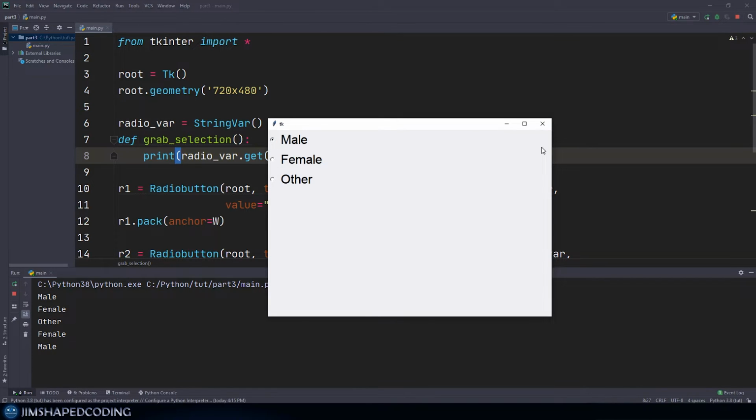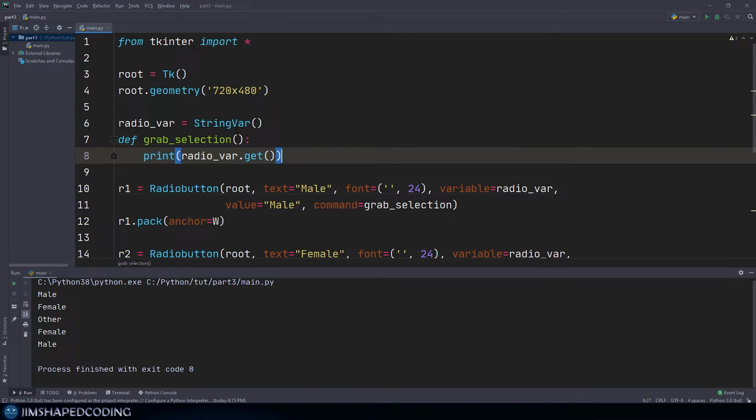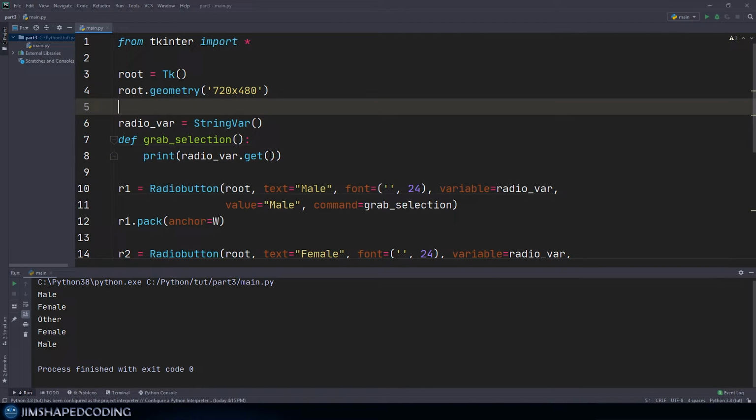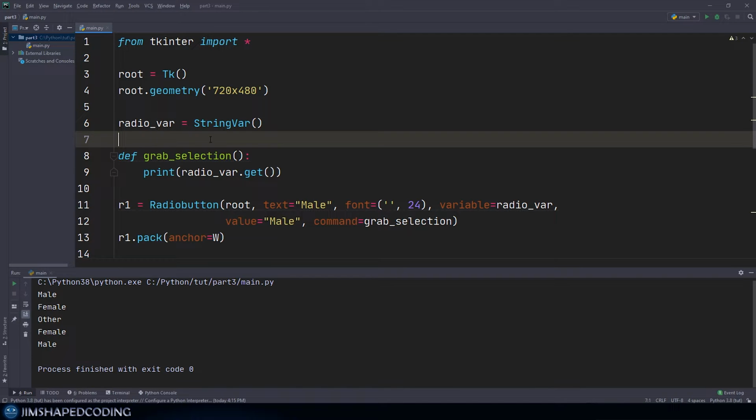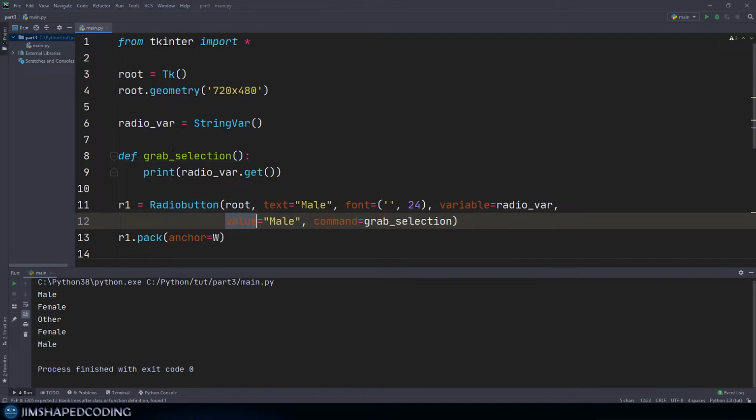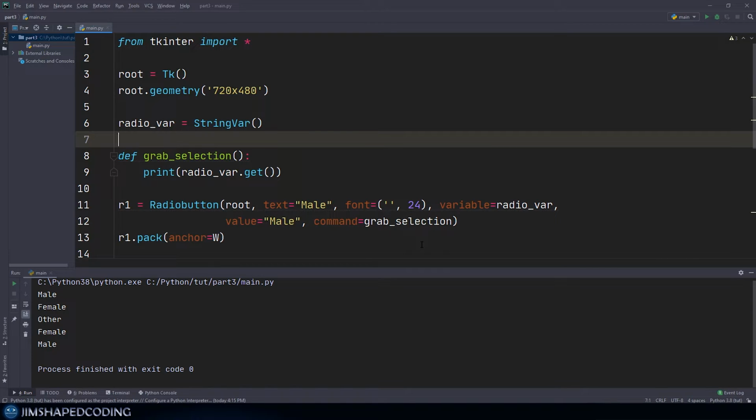Now the only problem we have left is basically the fact that we see by default all the radio buttons are checked. So we are going to change this, okay, and we are going to tell that radio var which one of the radio button values we want to activate when we execute our program in the first execution. So that will be radio underscore var dot set, and then we want to pass in the value string that we want to activate at the very first execution. So I will go here with male just to specify that this has to be the default value,